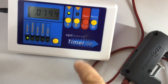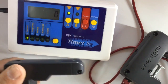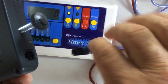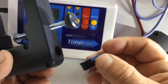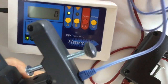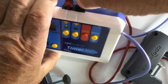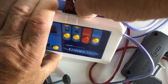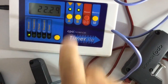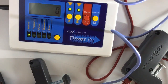The timing device is also set up so that you can hook a second photogate. Same procedure. Again, I'm going to use a different colored wire, and I believe yours will have 2 colors. I'm going to use B blue for my B photogate. Hook it up to the second port, and again depress a little tab and it'll snap into place, and I should be able to light both of these. Now when I do this, this enables me